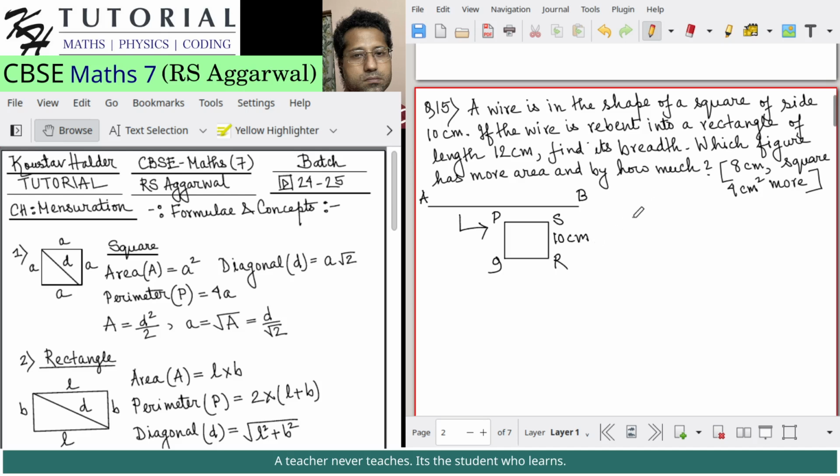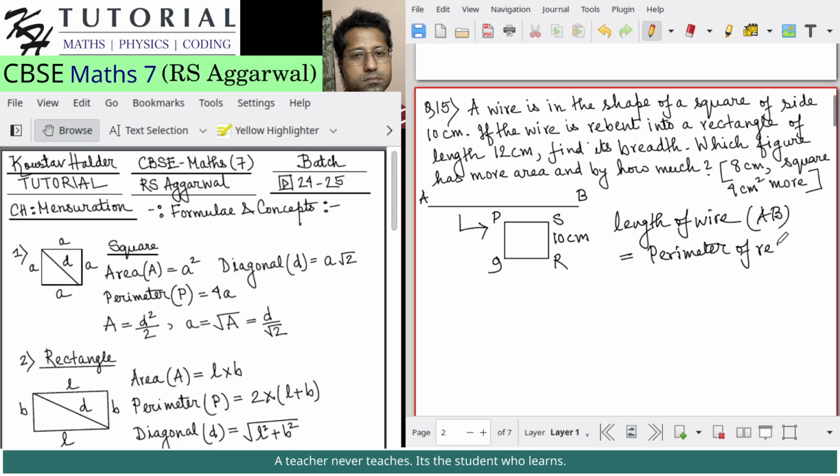So okay, if the wire is rebent into a rectangle of length 12 centimeter, find its breadth. Now we need to find the length of the wire from the perimeter of the square. So length of wire, AB, I am considering AB as the wire, is equal to the perimeter